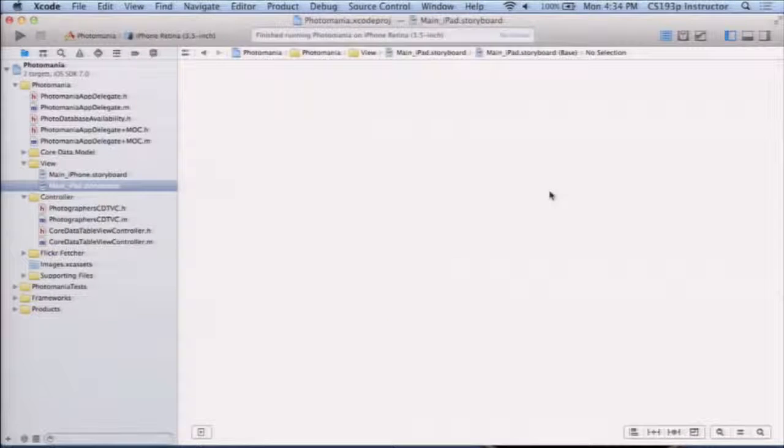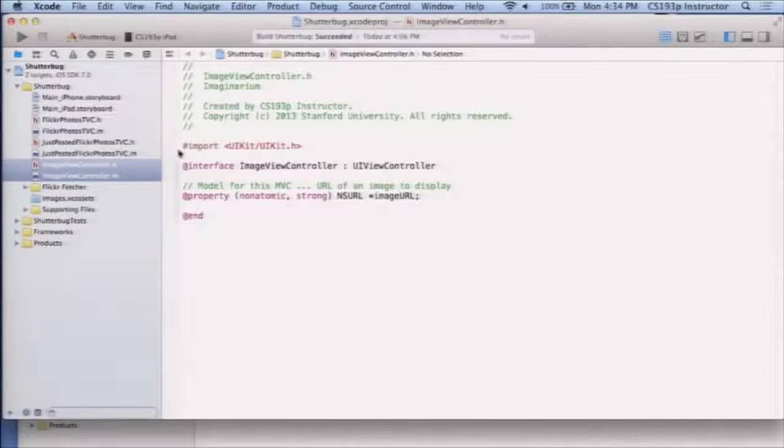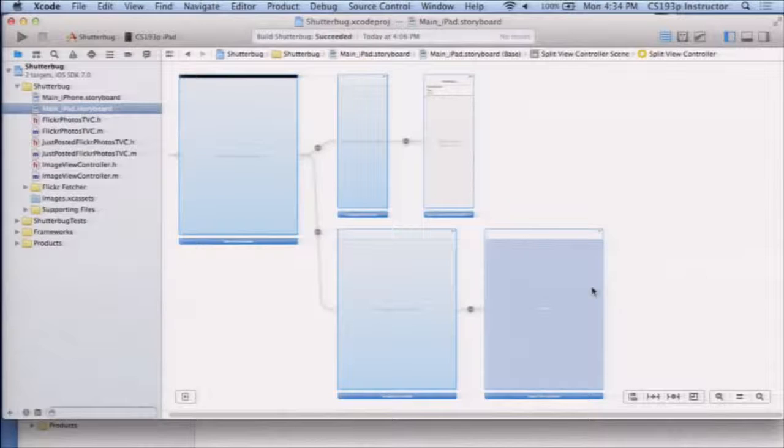Now, I want to build my iPad UI here, but I'm going to do it in a way that I showed you a little bit before, but it's really powerful, which is I'm just going to copy and paste it from another app. Because Shutterbug, if you remember, had a UI on the iPad that was very similar to what we want in Photomania. So I'm going to go over to Shutterbug. This is the Shutterbug as we last left it. And if you look at Shutterbug's iPad UI, it's kind of almost what we want. Shutterbug just shows the list of photos here. If we could just insert the list of photographers here in the middle, we'd have pretty much what we want